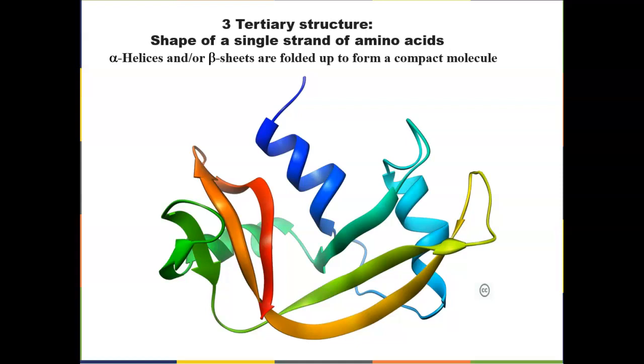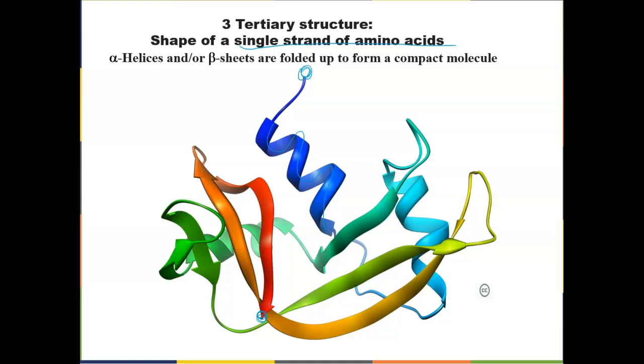So this is the final shape that one polypeptide takes. So it is as it says here, a single strand of amino acids or a single polypeptide. So there's one end here. I don't know if that's the carbon or the nitrogen. I forget what the convention is. And then this other end here. But one of these is going to be a nitrogen end and one of these is going to be the carboxylic acid end. And as you follow the protein backbone, you can see here's an alpha helix, so some local